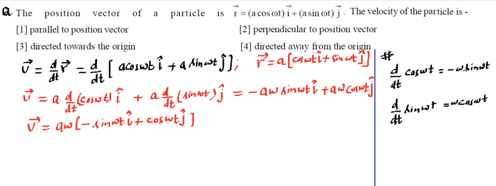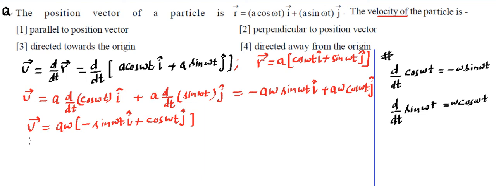Anyway, we need to find the velocity vector. So velocity vector has come to us. Now we need to answer it. It says this velocity vector is parallel to the position vector. That means we need to check whether these two are parallel. Now if you remember, to check the parallel vectors, we can do the cross product and check whether this cross product is coming to be 0. So if the r cross v comes out to be 0, then we will claim these two vectors are parallel to each other.